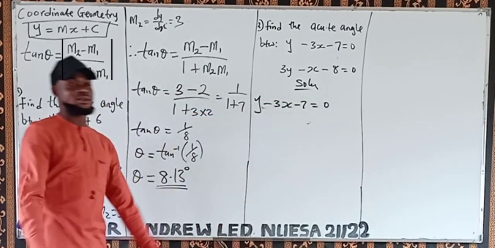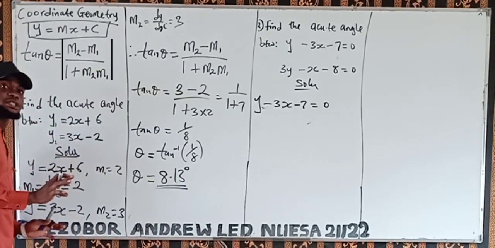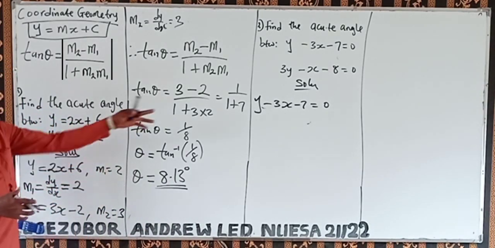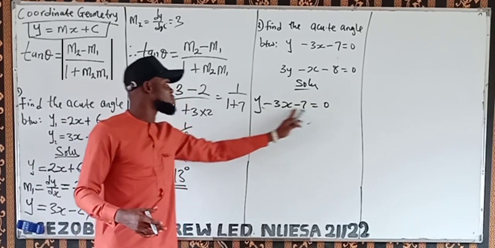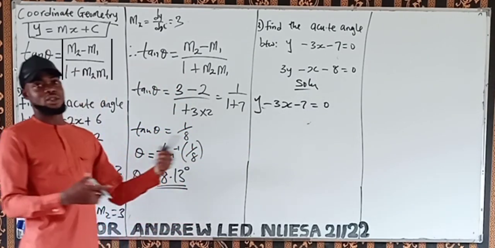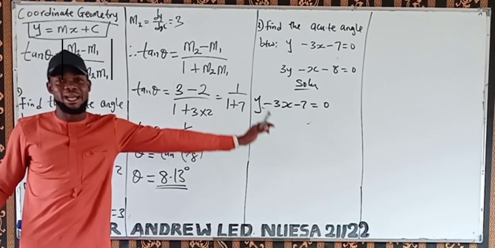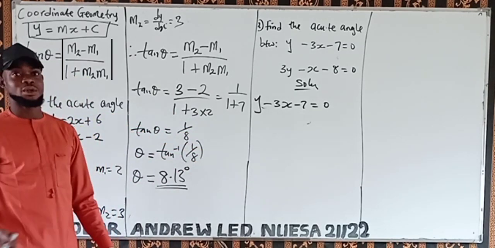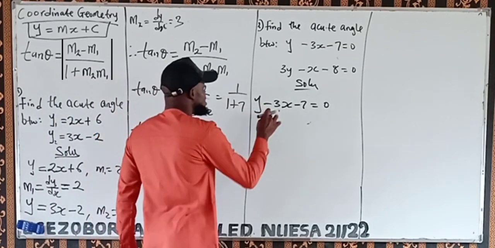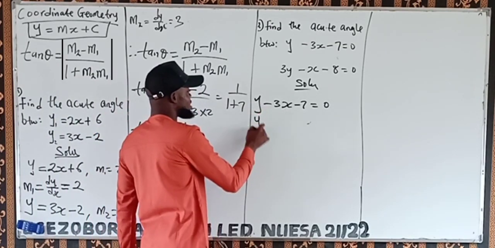So how do we get this slope? I told you there are two ways. You can differentiate it, or you can use implicit differentiation. Since this one has y as the subject of the formula, you get the slope directly. So we want to make y the subject of the formula, so we have y equal to, moving the terms to the right side,